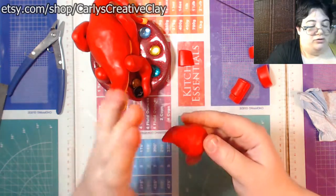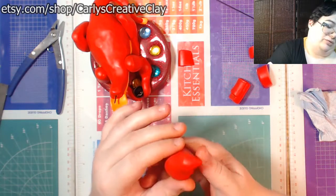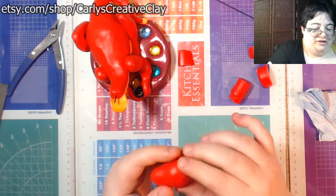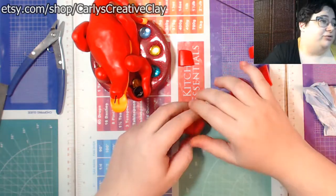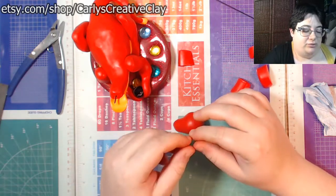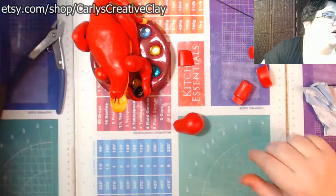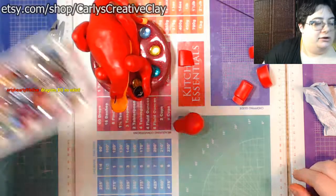But you can do it flat, you can do all sorts of shapes. But this is what this one's going to get. Now, first thing to do with this dude is we're going to work on its eyes, because we need to get the crystals in. You can just get a bit of black, roll it into a little ball, and just go splodge. And you've got 2 black dots, and that's eyes. I'm going to go a little bit more posher than that. What I'm going to do...